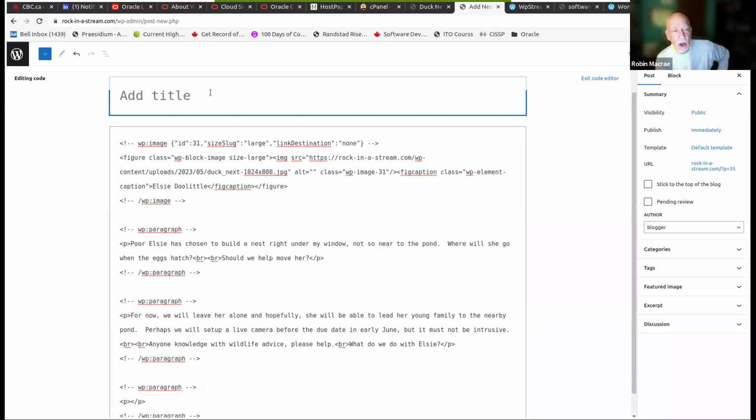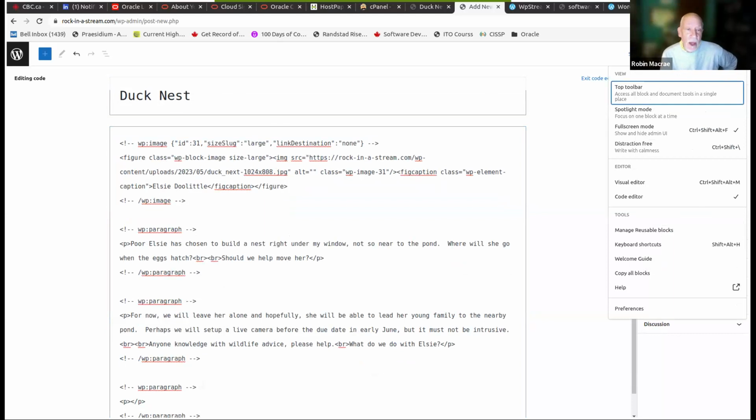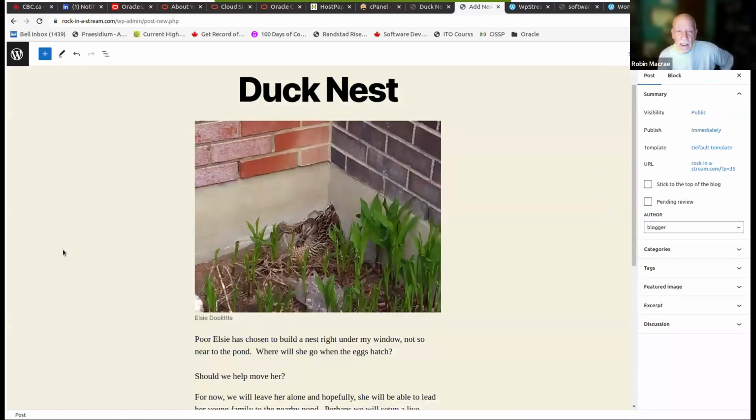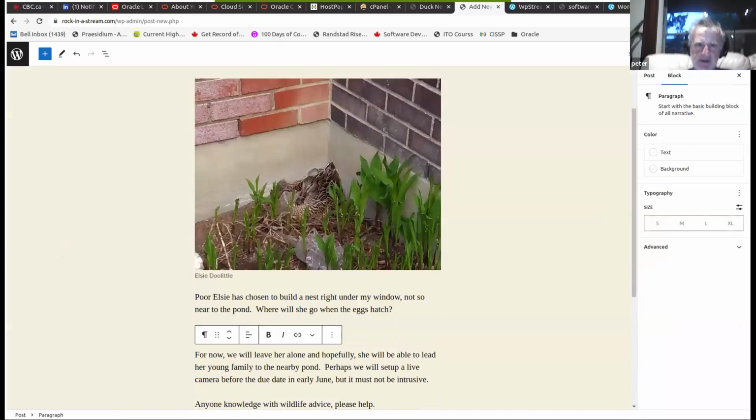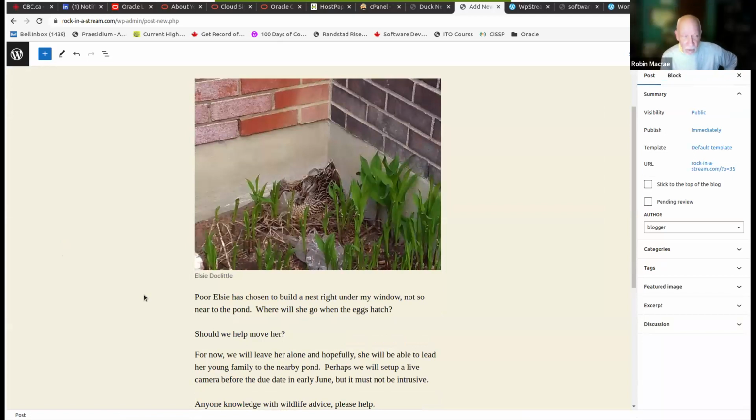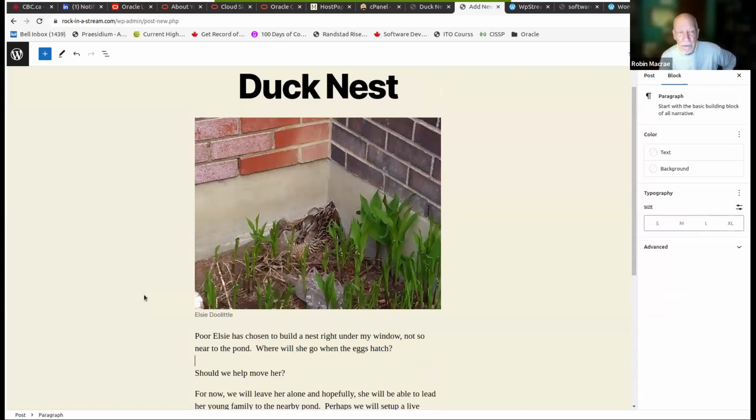Right. Okay, so let's get out of this and go back to the visual editor, and then you can add that here, except that it's just safer if you're not a coder to only do these limited things in the code editor. Okay. Because this view is fairly bulletproof, right? It's hard to screw up.